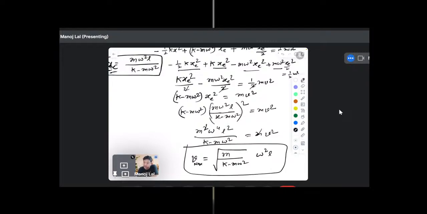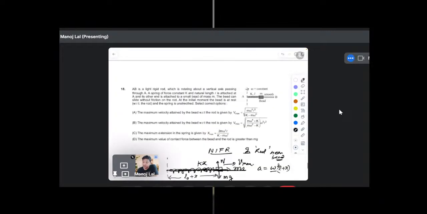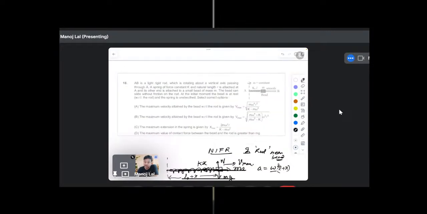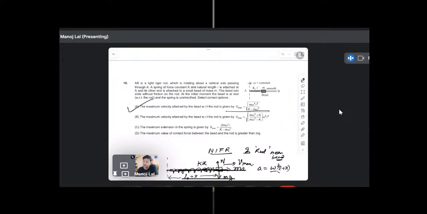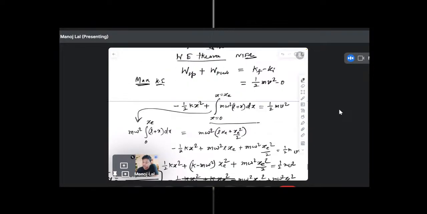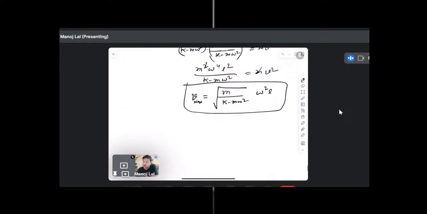Which option is correct? Let me check. The option is omega power 4 L square. So this one, A. This is the option. The correct option is A. Maximum velocity is this. They have put omega power 4 and L square within the square root bracket. So we can write V max is m omega to the power 4 L square upon k minus